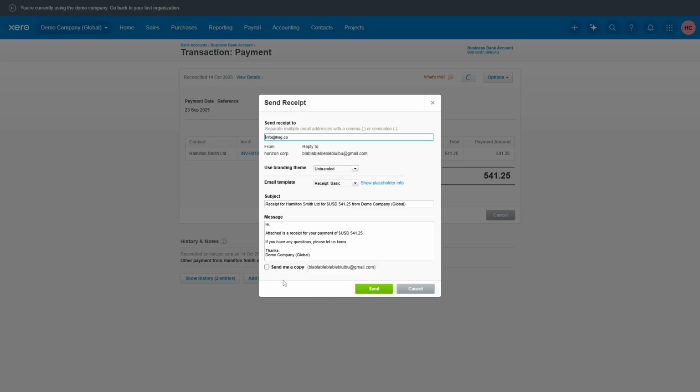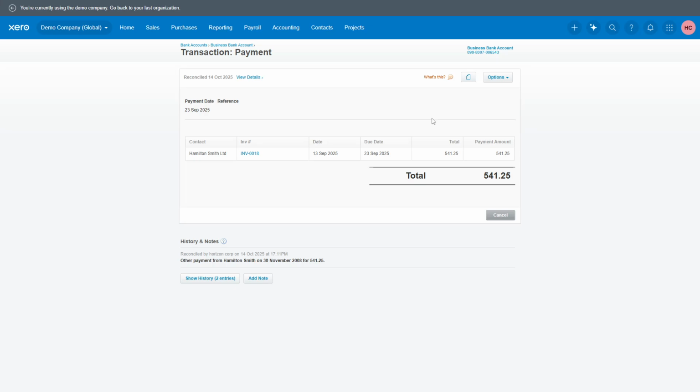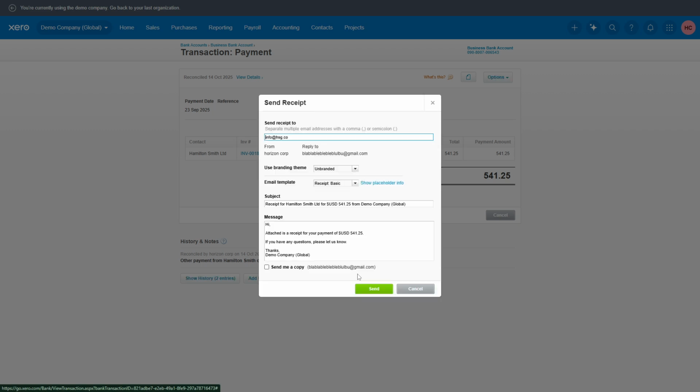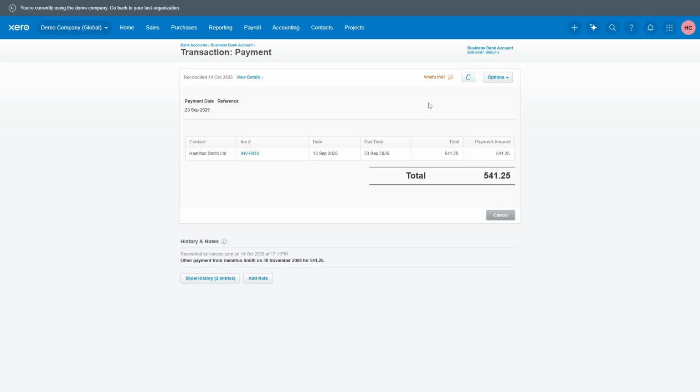You do this by clicking the Send button, and that's it. You've successfully sent a payment receipt using Xero. Taking these moments to send a receipt strengthens your professional relationships and keeps everyone on the same page financially. Always remember to double-check that the correct invoice and email details are selected before sending, ensuring efficiency and accuracy in your accounting